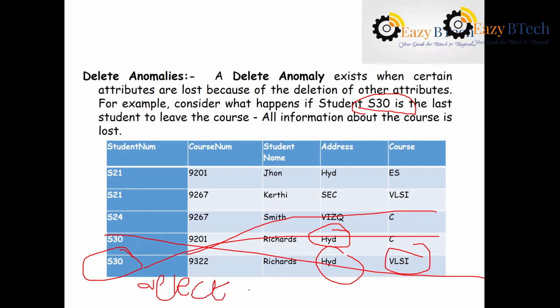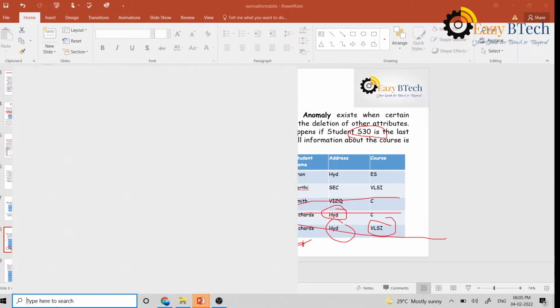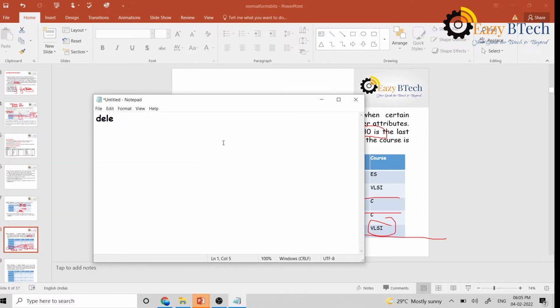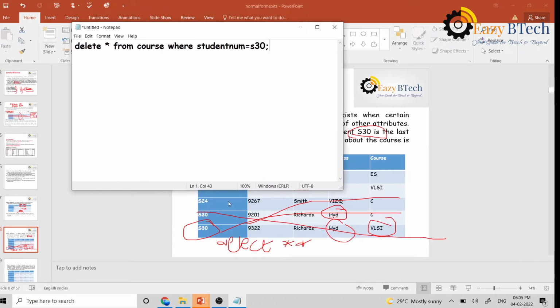Delete star from course where student number equal S30. Okay, when we are giving this particular command, automatically the 2 rows are